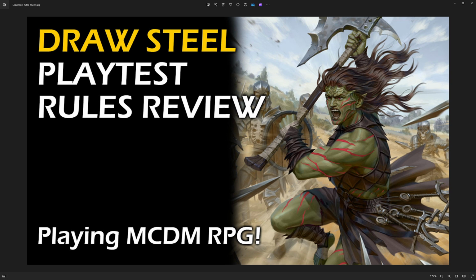Welcome D20 players. MCDM has dropped their latest playtest package and they have a name for the MCDM RPG now. It's called Draw Steel. We're going to take a look at the playtest rules and we are going to do